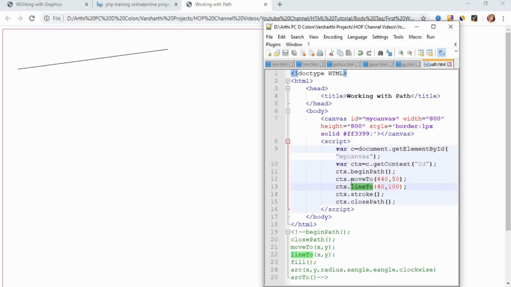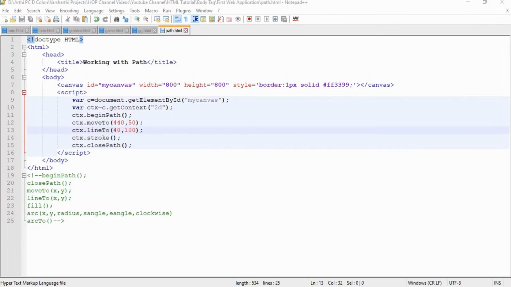So this is why we have called the moveTo function and lineTo function. Using this, you can also create a triangle too, right?